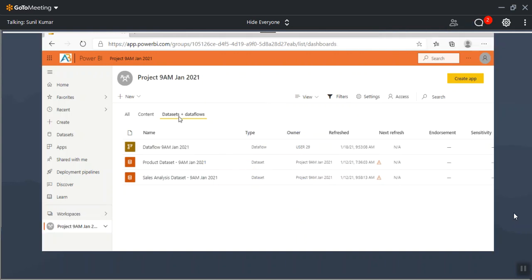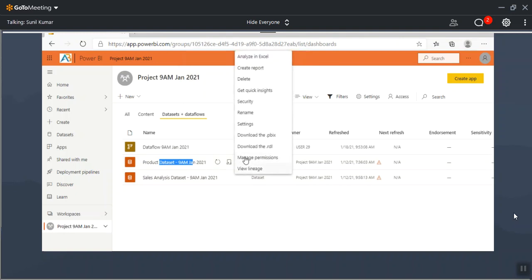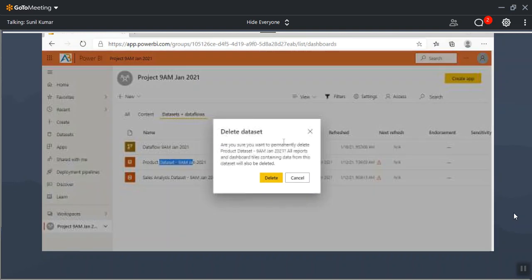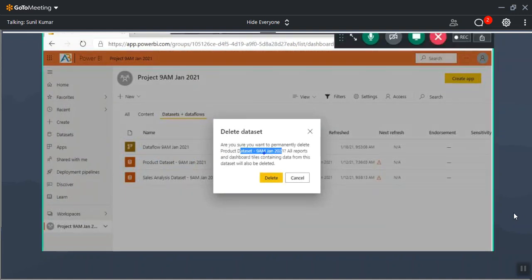When I try to delete any data set here, say the product data set, I go here and click on delete. It tells me that all reports and dashboard tiles containing data from this data set will also be deleted.